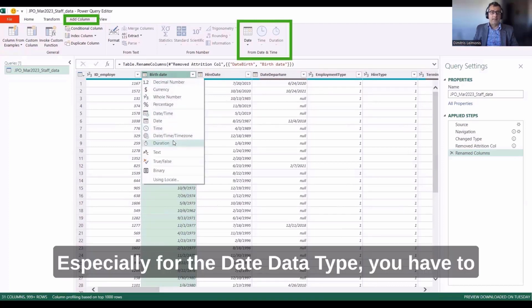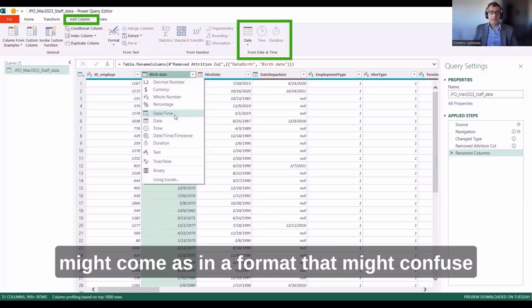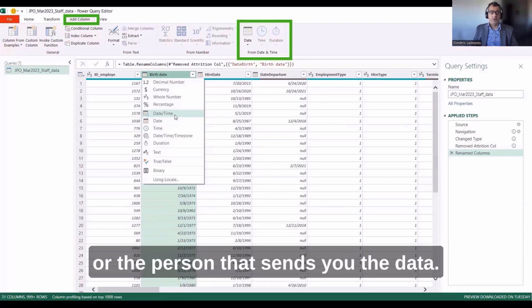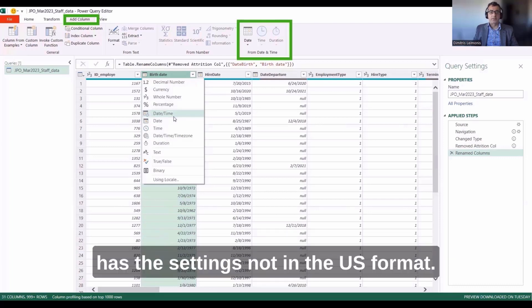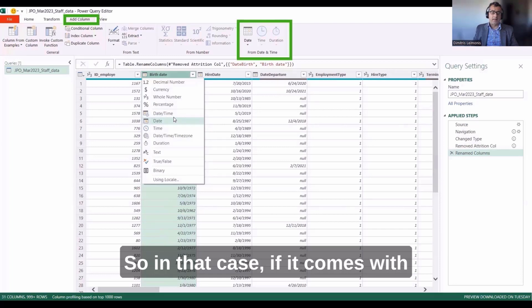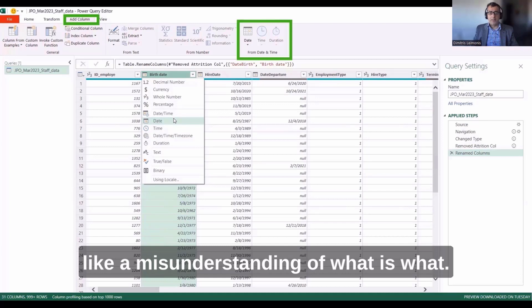Especially for the date data type, you have to be very careful, because sometimes your raw data might come in a format that might confuse your laptop. If you're receiving data from different countries, and the person that sends you the data, an Excel file with some details about the business, has the settings not in the US format. I know that in Jamaica you have, similar to the US, month, day, year. So in that case, if it comes with day, month, year, that might confuse and create a misunderstanding of